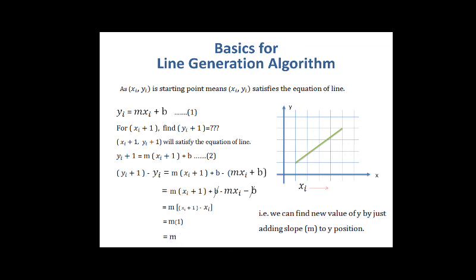This is what the m is. We have to calculate this m. So we can find the new value of y just by adding the slope m to its previous value. You can say yi plus 1 is nothing but m plus yi, where yi moves to this side. So you just have to add the value of the slope to your previous y point to get the new y coordinate, right. This is how a line with a gentle slope works. In this way we are calculating its x and y coordinates. In this gentle slope, as I already told you, the line is incrementing in the x direction by 1, whereas the y direction can be calculated by finding its slope and adding the slope to the previous y coordinate.